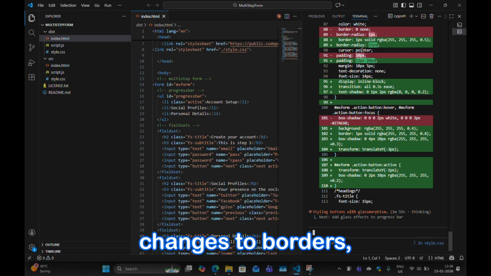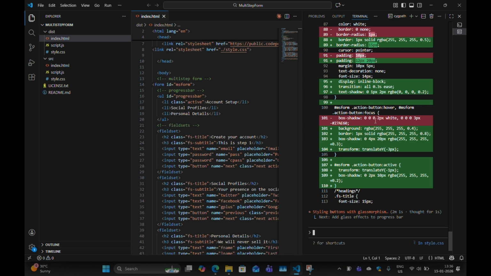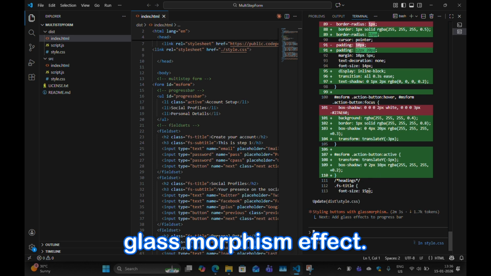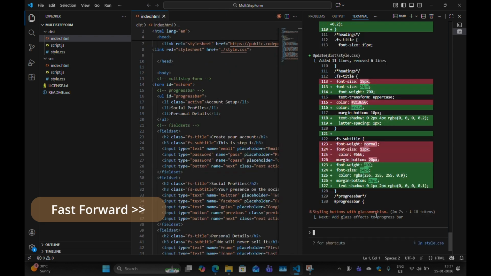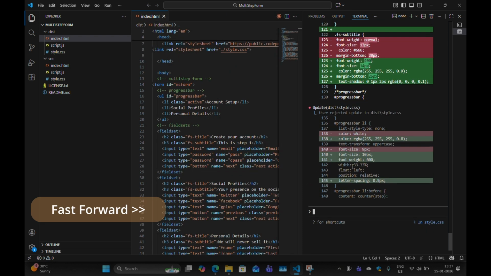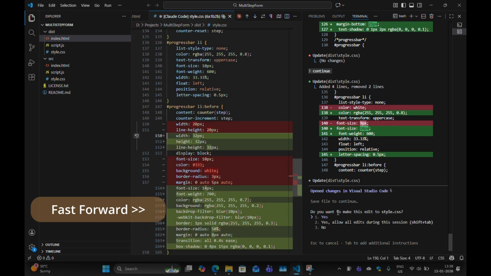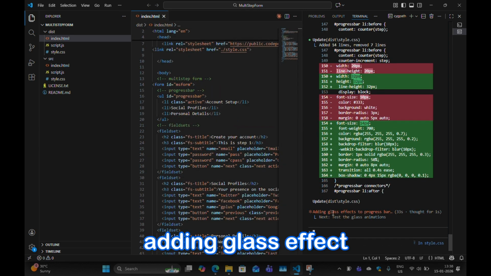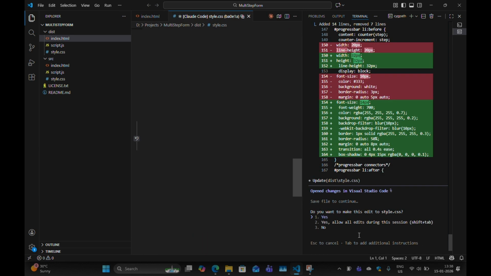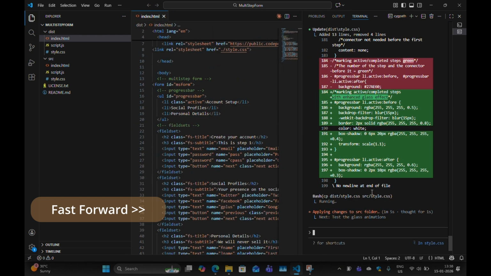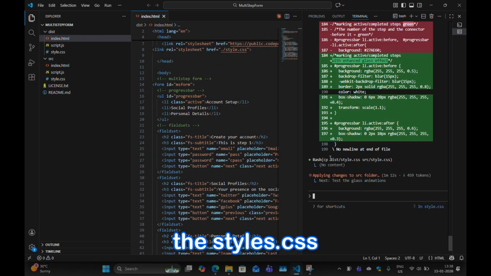It's doing some more changes to borders, padding, background, etc. to make it look like a glass morphism effect. So it is adding a glass effect into the progress bar as well. So it is now copying the styles.css from the dist folder to the source folder so that both of these files are